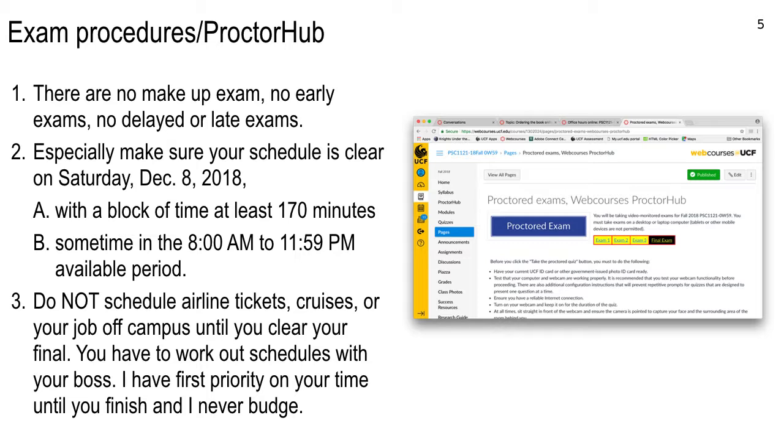I can't overemphasize this enough. Don't schedule travel or your job without taking into account the fact that you may need all 170 minutes for the final. I mean, it's probable that you'll finish before that, but it's not guaranteed. And if you feel like you want to take all 170 minutes, but you're getting into a bind getting to the airport or to your job off campus,